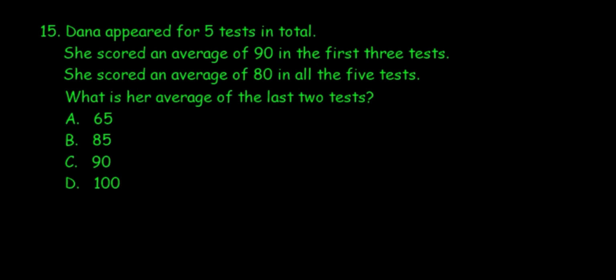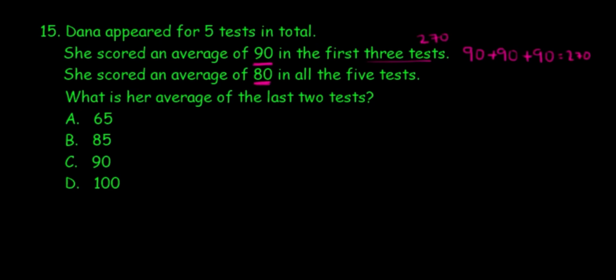I would say that if she scored an average of 90 in the first 3 tests, it's okay for me to say she got a 90, a 90, and a 90. Let's say she got a 72, an 18, and 100 for the other one. That means the average is 90. Average is what you get when you balance out everything that you're calculating, right? So I would say 90, 90, 90. That's 270. So she scored a total of 270 here.